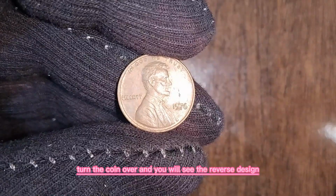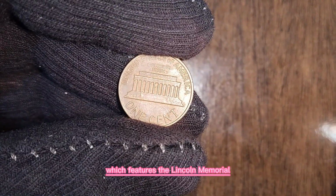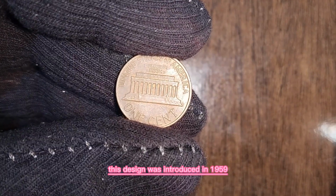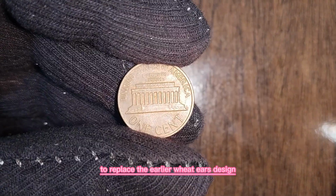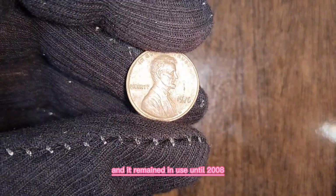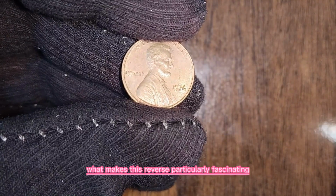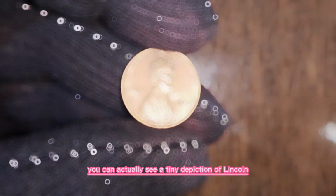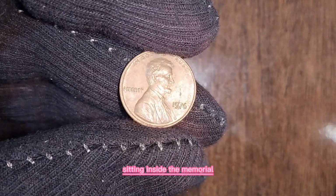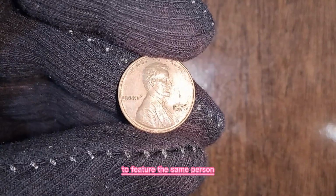Now turn the coin over, and you will see the reverse design, which features the Lincoln Memorial. This design was introduced in 1959 to replace the earlier wheat ears design, and it remained in use until 2008. What makes this reverse particularly fascinating is that if you look very closely, you can actually see a tiny depiction of Lincoln sitting inside the memorial, making this one of the few coins in the world to feature the same